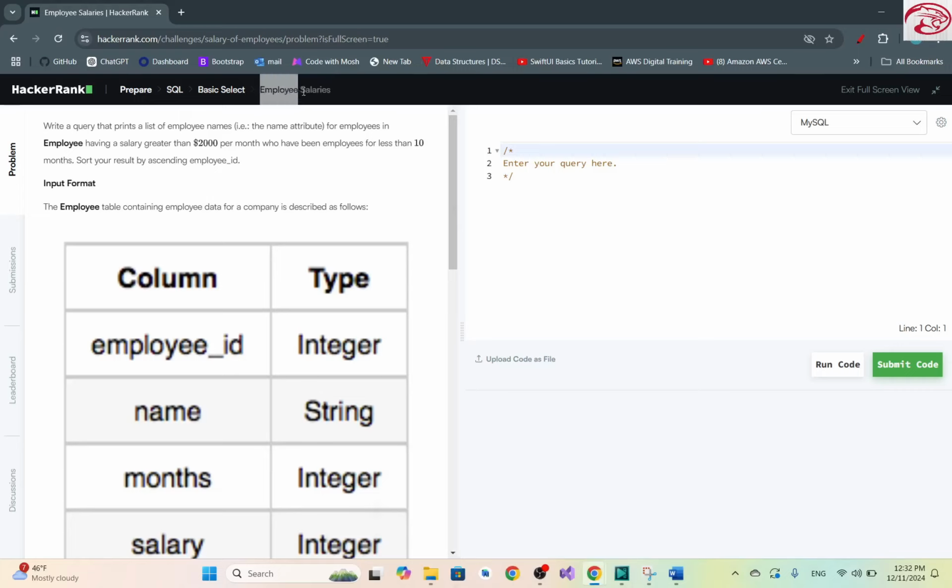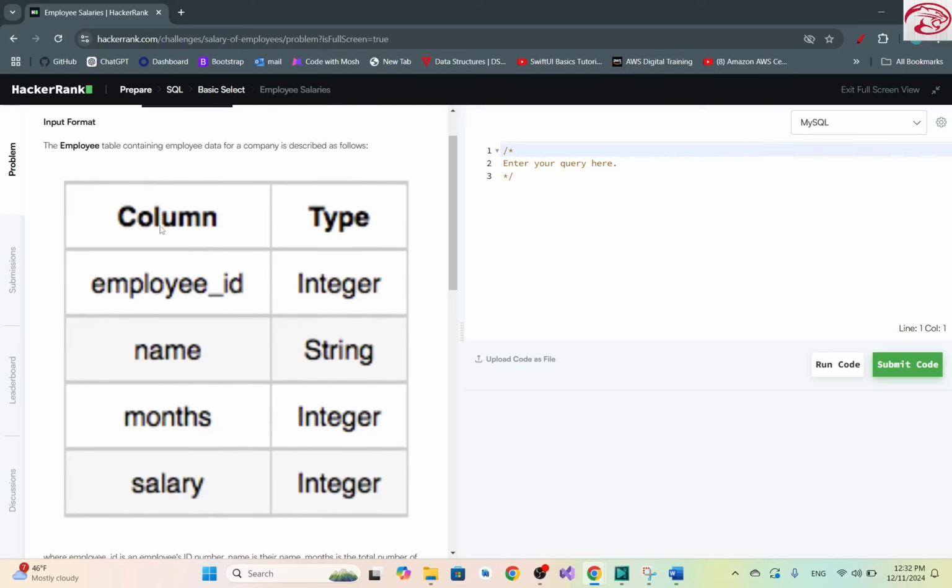Let's see the solution to employee salaries, an SQL question on HackerRank. Write a query that prints a list of employee names, that is, the name attribute for employees in the employee table having salary greater than $2,000 per month who have been employed for less than 10 months, and also sort your result by ascending employee ID. We have this table with columns employee ID of type integer, name string, months integer, and